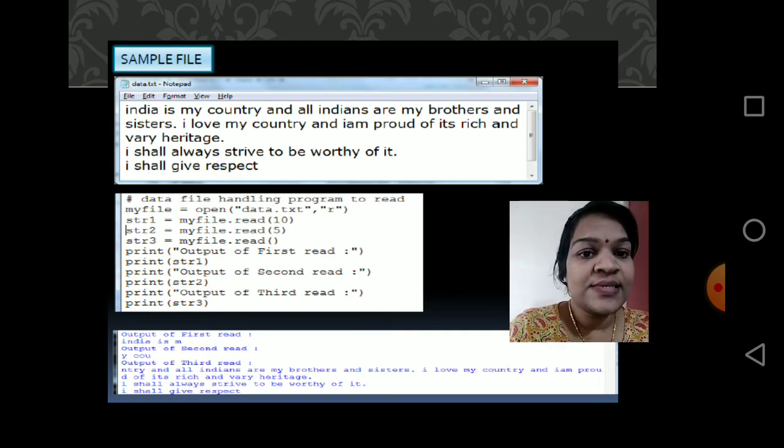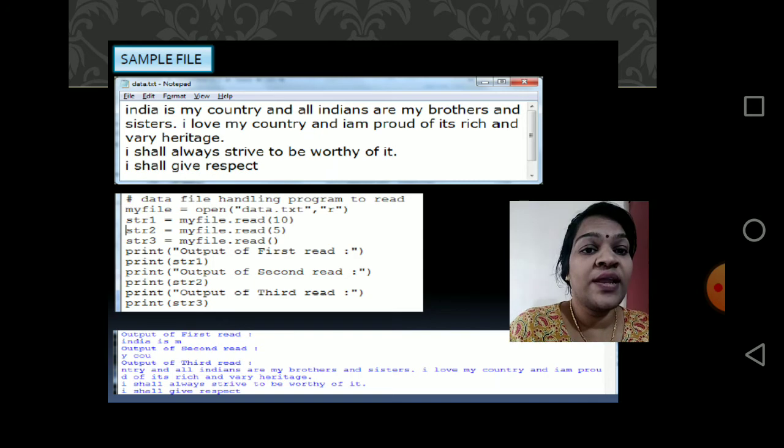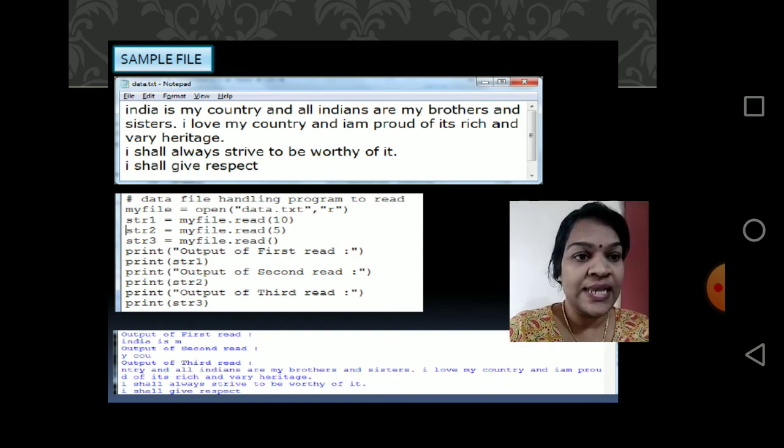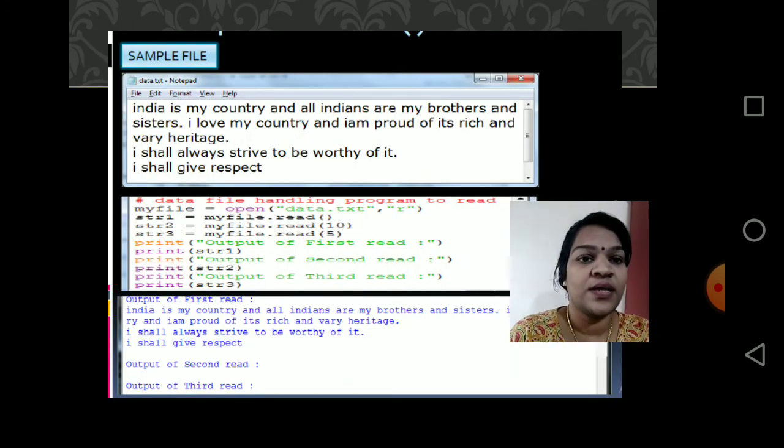In the second case, we take 5 bytes, Y and COU. Why? Because after that we are reading 5 characters. And from there, after COU, the read function will read the whole remaining bytes. So it reads till the end of the file and stores it in string 3, and it is displayed. Hope it's clear. This is another example of file.